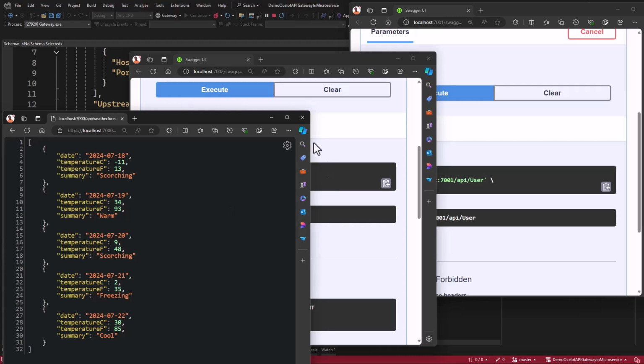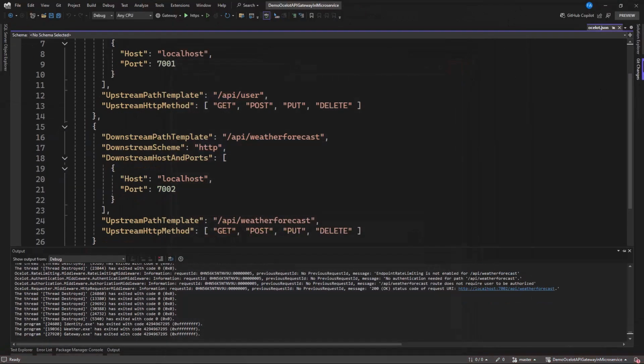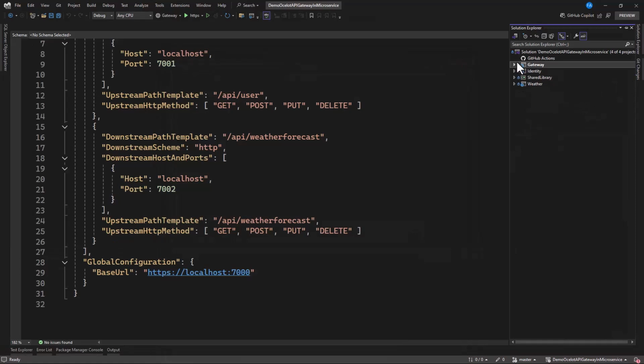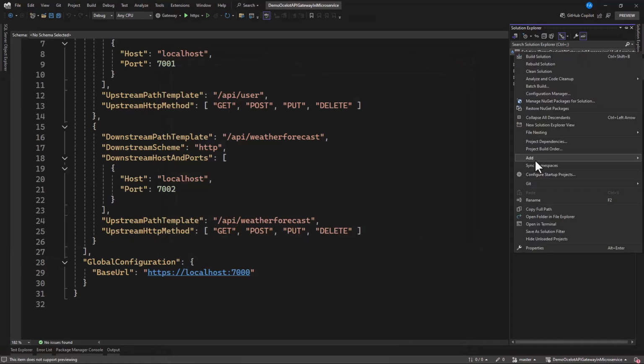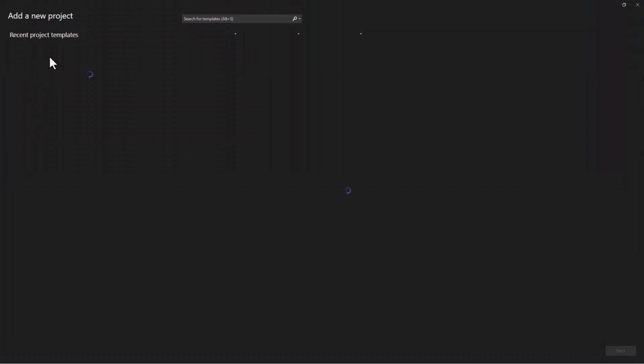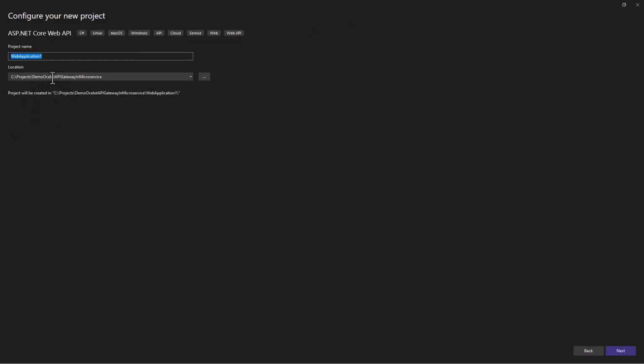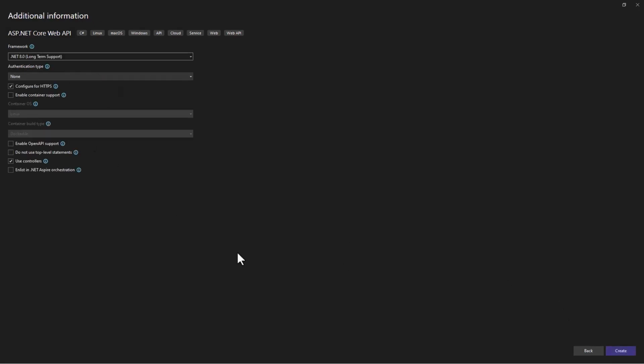All right. Now, in order for us to add authentication, let's add a separate project. So I'm going to add another project to this. Right click on solution, then let's add a new project. And now this is going to be an API as well. So we choose the ASP.NET Core Web API. And now this is authentication. Authentication API. Now let's click on create. And in here we need to add this to the project. So let's do that.